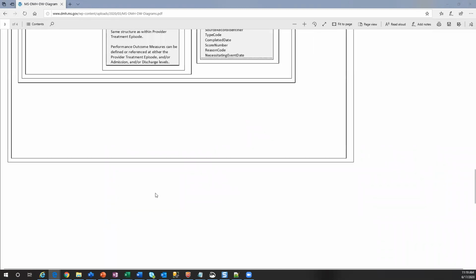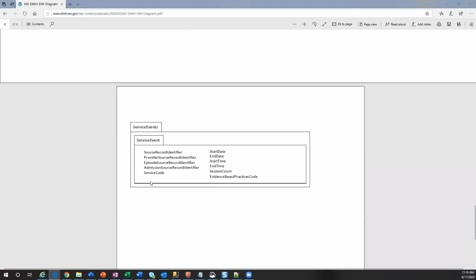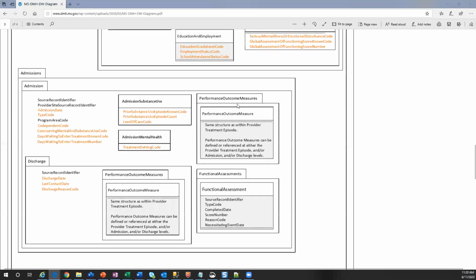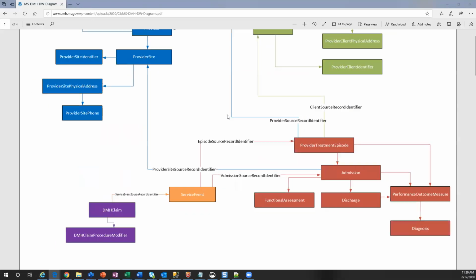In service events, the service event is tied to, has obviously its own identifier, references a provider, an episode, and an admission. And if we go back up to the diagram at the top of the page,